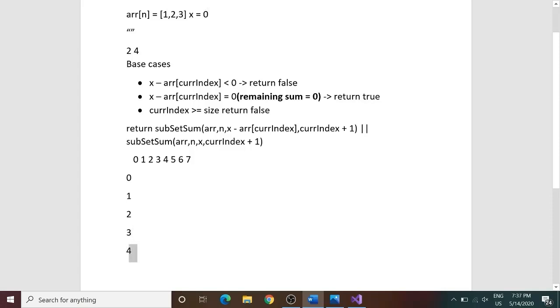And what does this subproblem mean? This subproblem, the intersection of row 4 and column 0. That subproblem means that I have 4 elements with me. Just tell me, can I create a sum of 0 out of it or not? Do I have any subset from these 4 elements which sums up to 0? So yes, again I have a null set which will sum up to 0 and hence again the answer would be true. So I can easily say the answer would be true in all these cases.